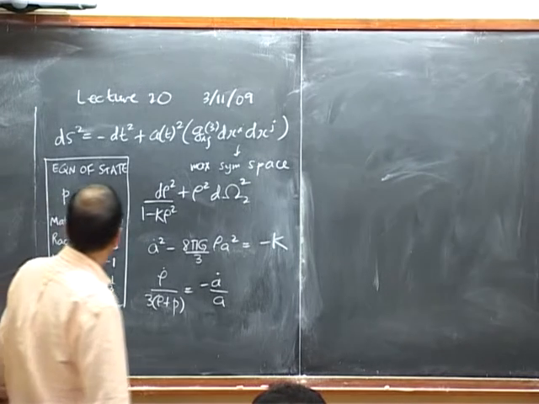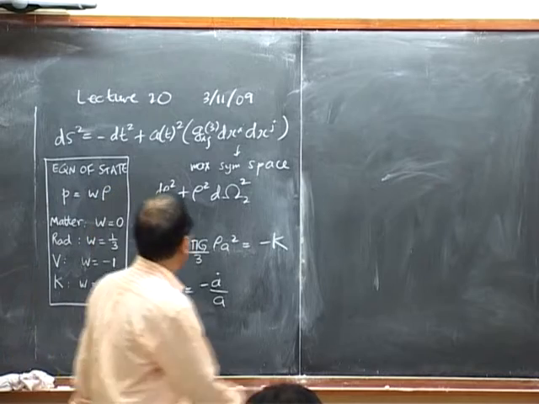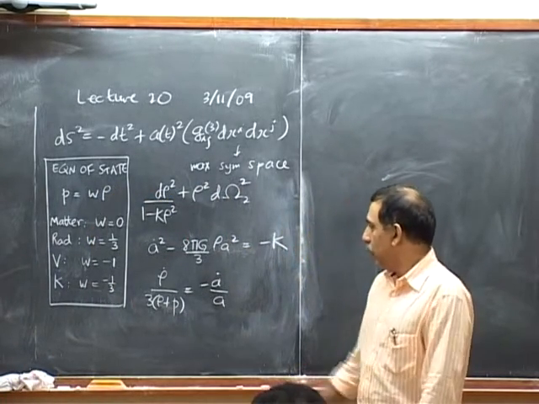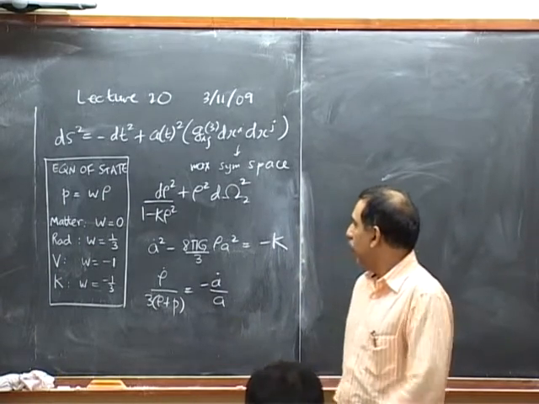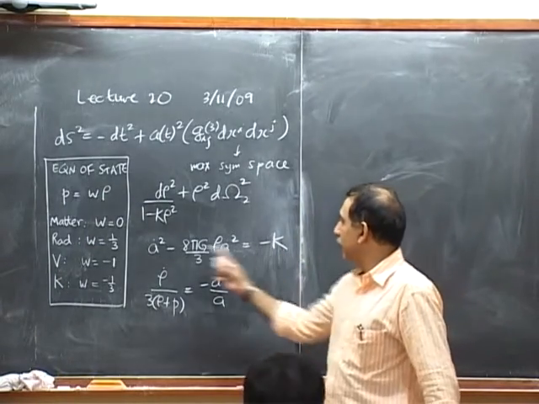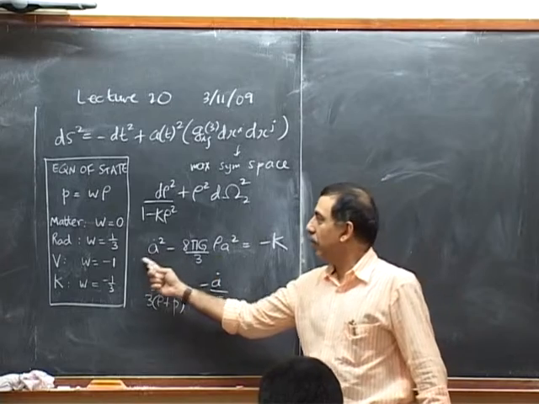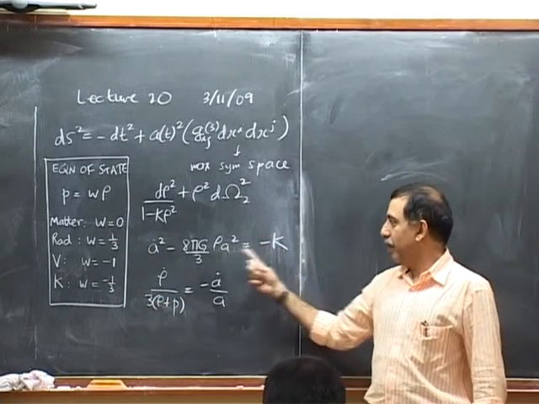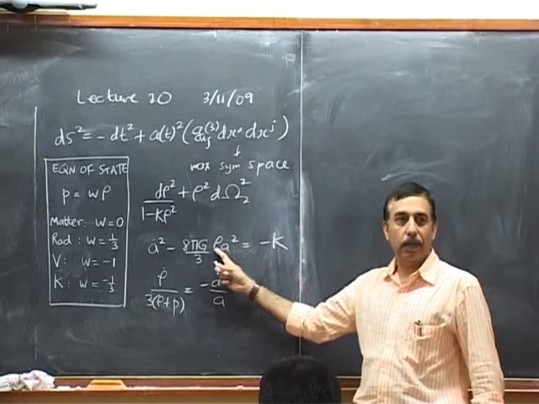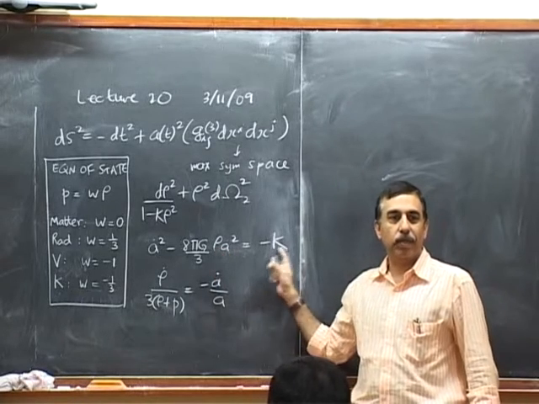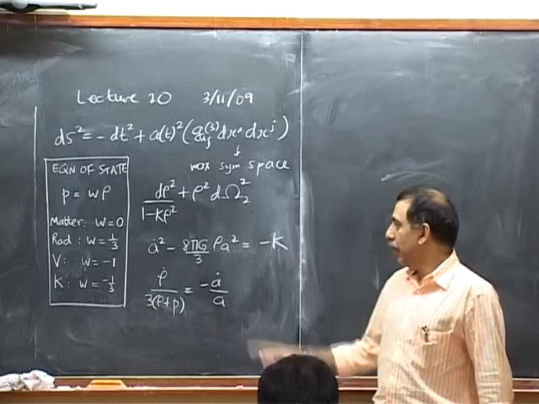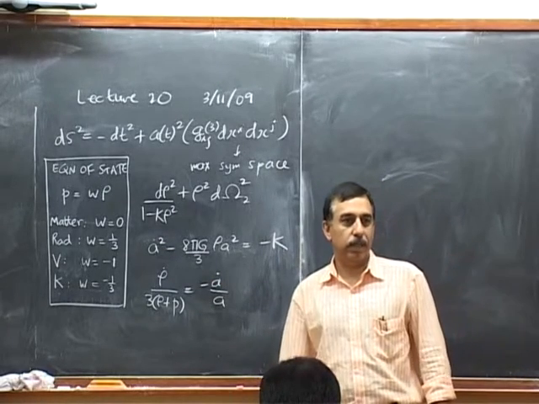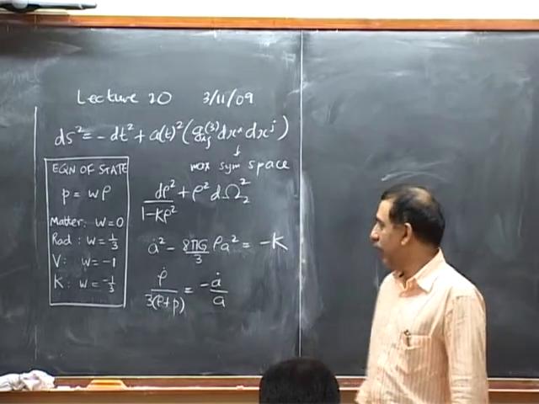Now we derived some basic laws last time, basically from this equation, using the equation of state. There are 2 things. One is that from this equation, by fixing a particular contribution out of these 4, you can solve this equation. For example, if there is no density at all, it's a highly unphysical situation, a completely empty but curved, expanding universe. Then A dot goes like root of minus k, so A grows linearly with time. So there is a characteristic time dependence for that case.